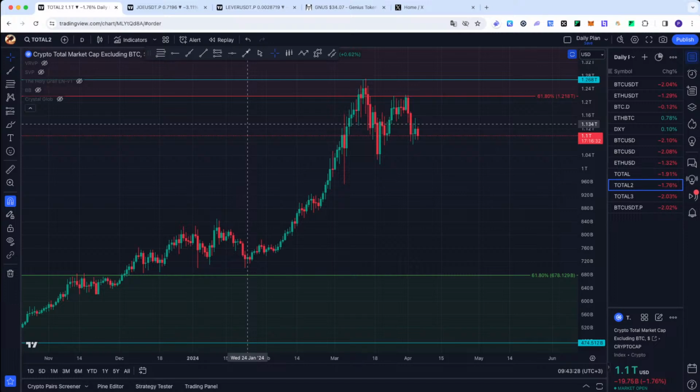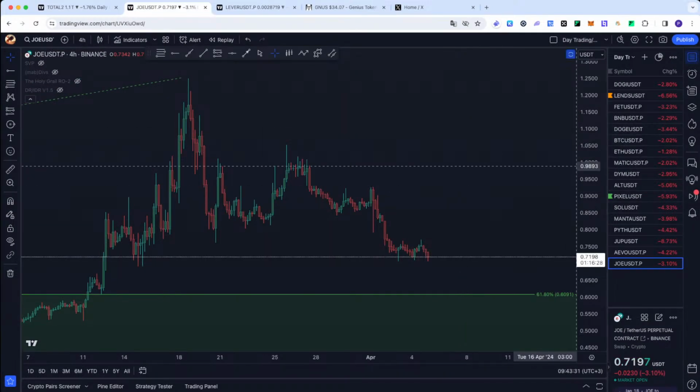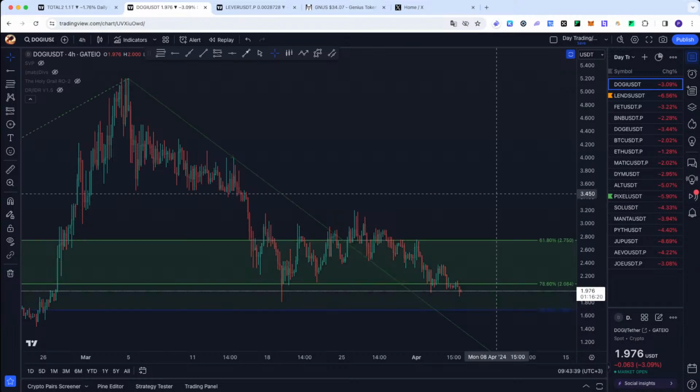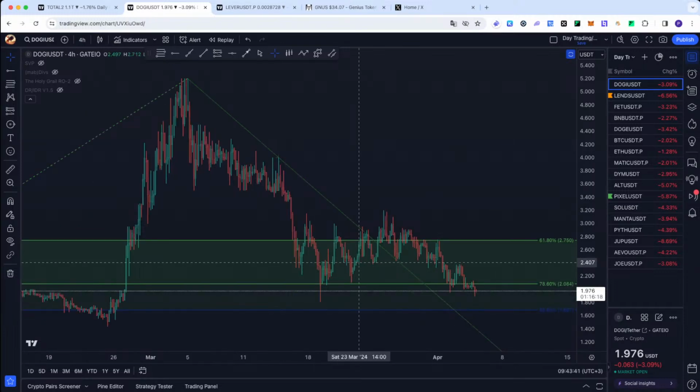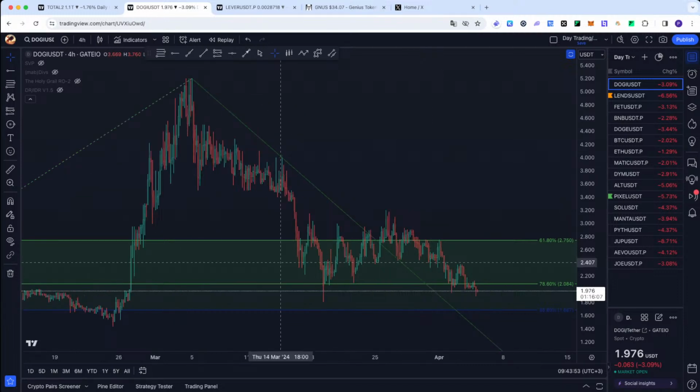Not too many things. I scanned the market a little bit. Not too many things I like. You can see everything is red here. Well, let's see what we have. Doji. Well, I'm not trading. I'm just dollar cost averaging on this one. Okay, but we have a good location. Nice. We have another location, because a trend line could be a location also. So the other side of the trend line, you have a location.